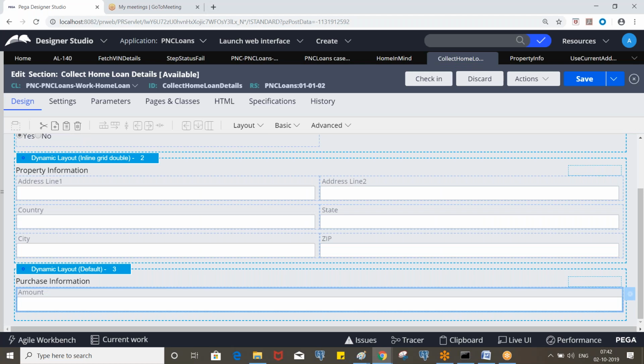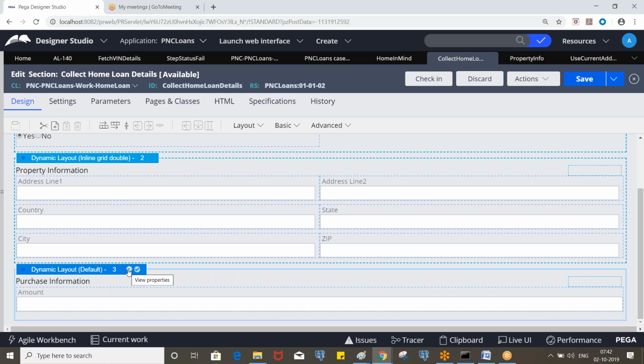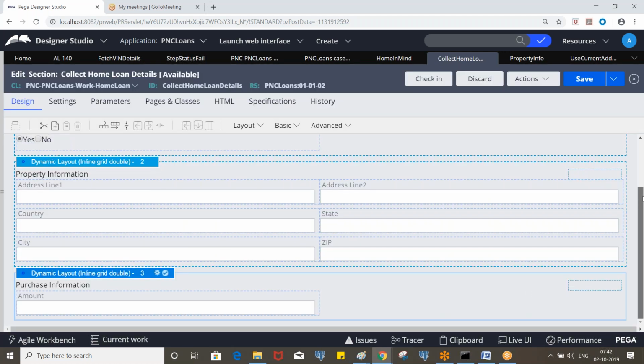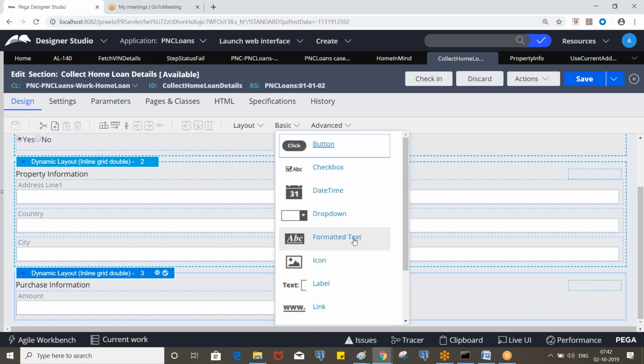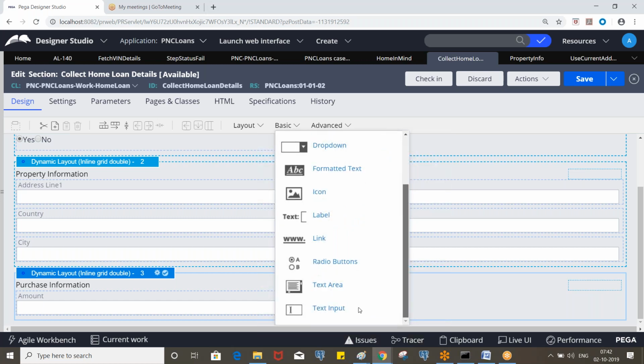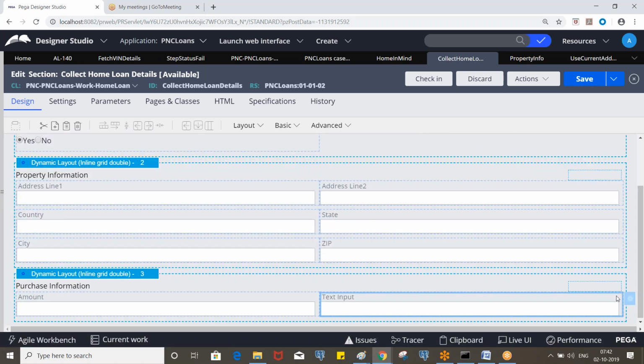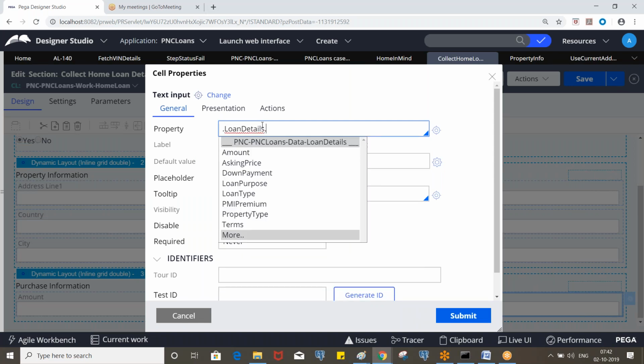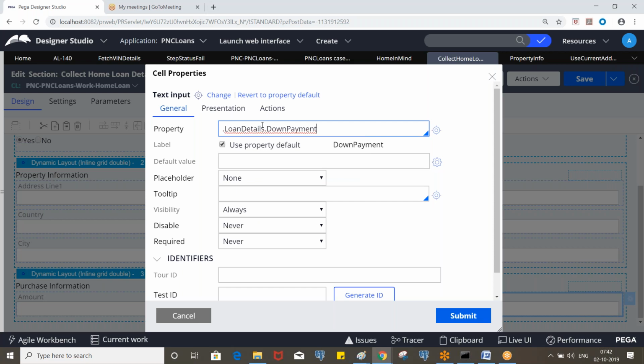Whatever amount you enter in the second screen will be displayed here. And down payment: take the text input and call the property loan details dot down payment.